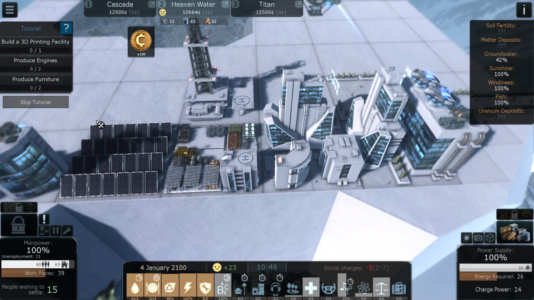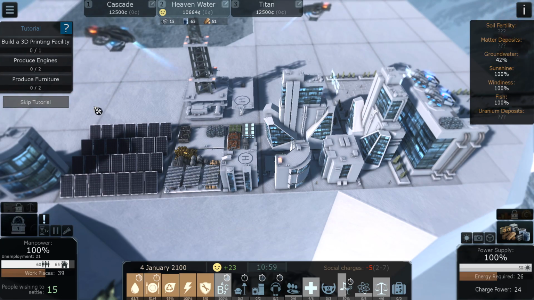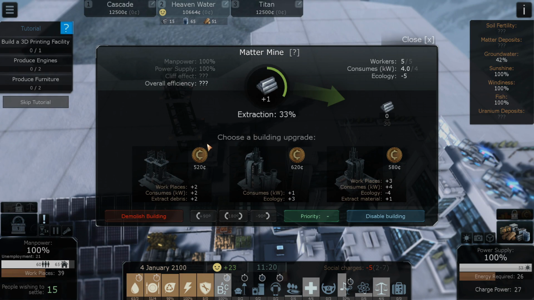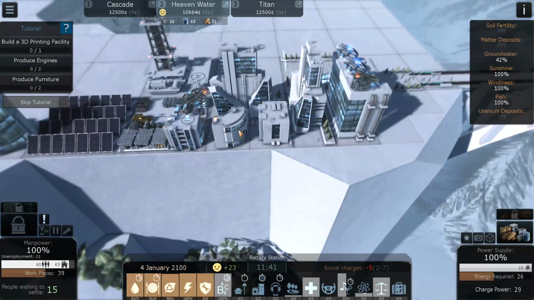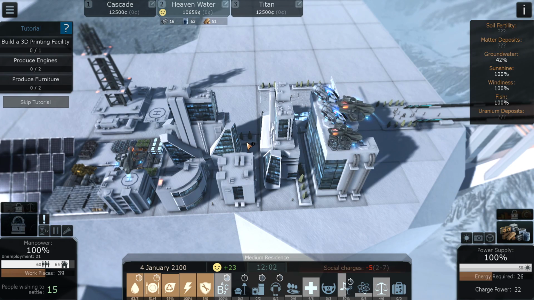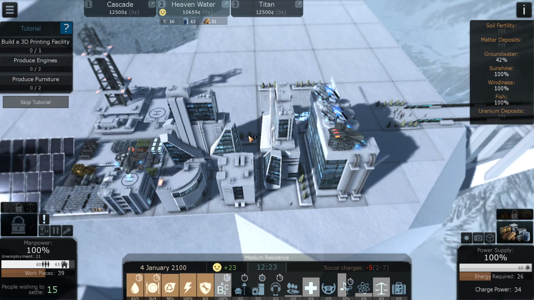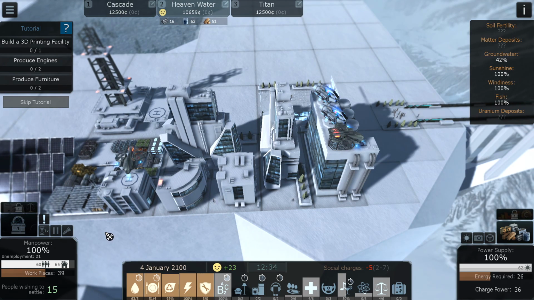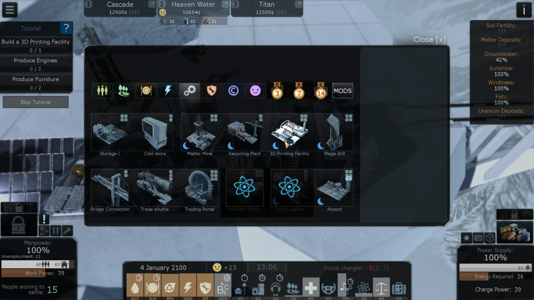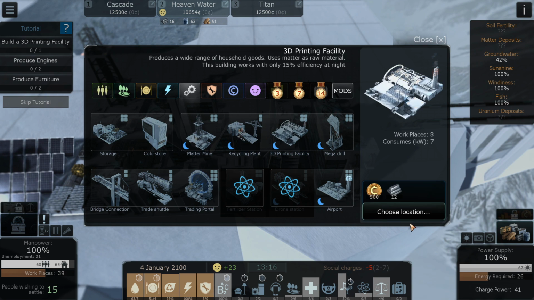Well, next up, it wants a 3D printing facility so that we can take our matter and turn it into engines and furniture. I don't know if that's an intensely good idea for right now because we're barely generating matter fast enough to really do anything. The part that kind of confuses me is that we've got 21 spaces left for more people to work at. I mean, I guess we can give it a go. I don't think it's a great idea, but